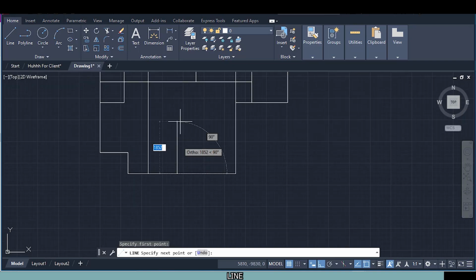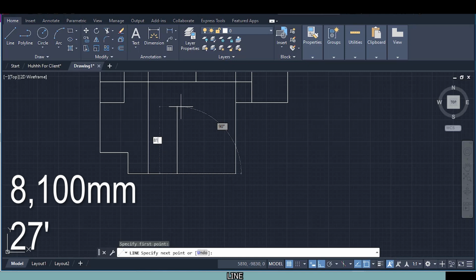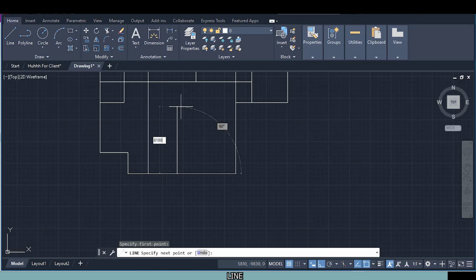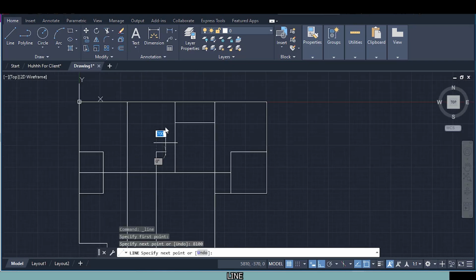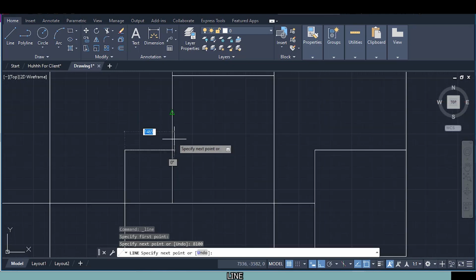You have to come all the way this way and type in 8100 millimeters, which is 27 feet. Press enter and come this way. It will try to snap to that midpoint. Just hover over there, don't click, and just drag and then come down. Then continue as always. Right click,